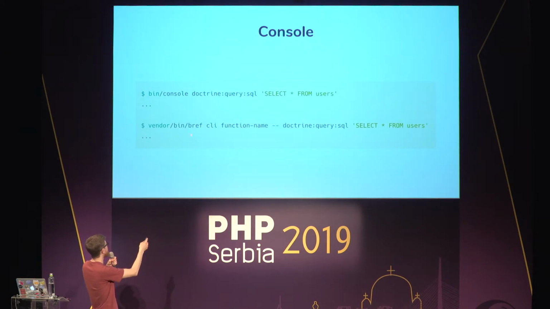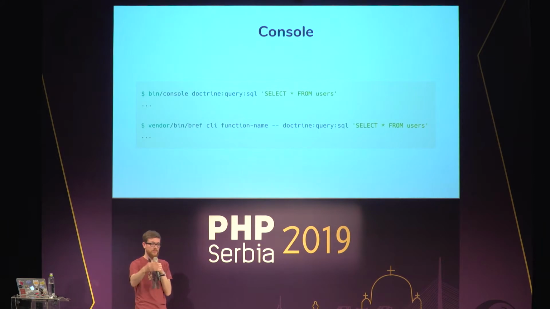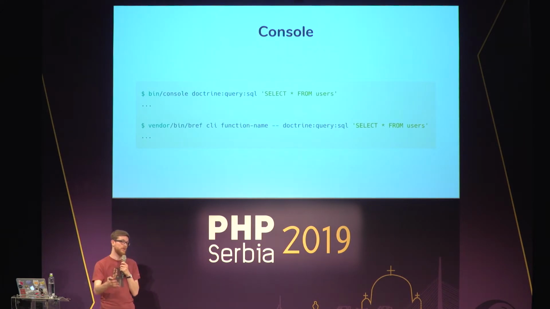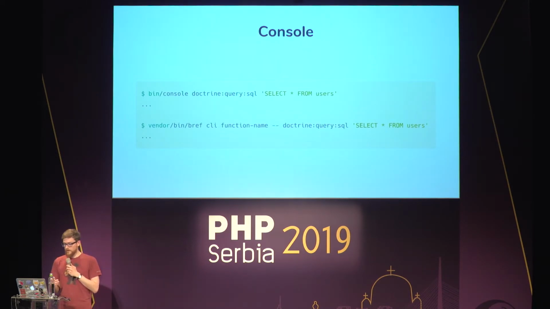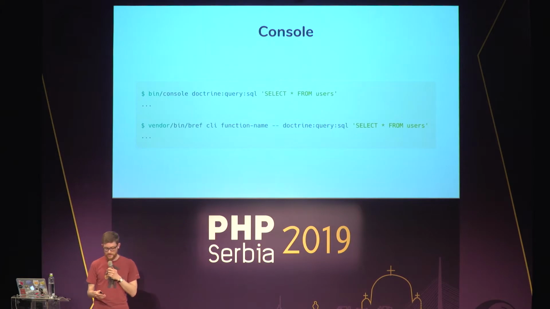You have the Bref CLI command, where you just take everything you've written above and you just pass it to the Bref CLI command, and that will run your command in production. And that's a great way to initialize the database, load some data, and run doctrine migrations, or whatever you can do with the command line. So those are the three runtimes. The main one, obviously, is PHP FPM. It's the one to write web applications and APIs, and that's the one you probably want to use.